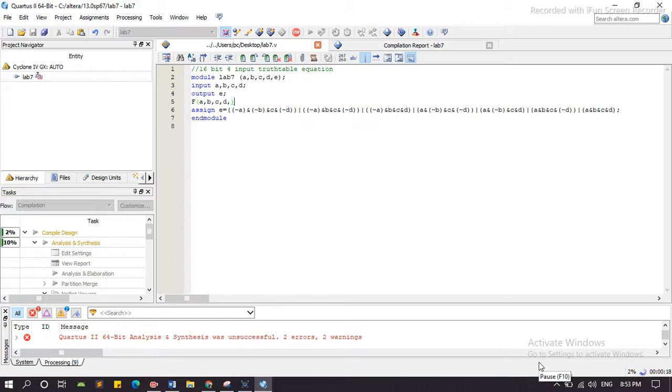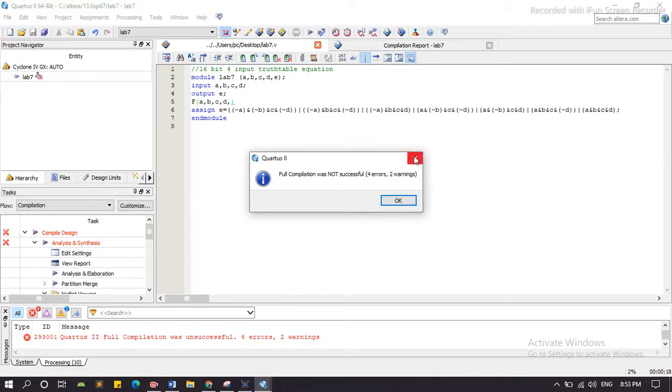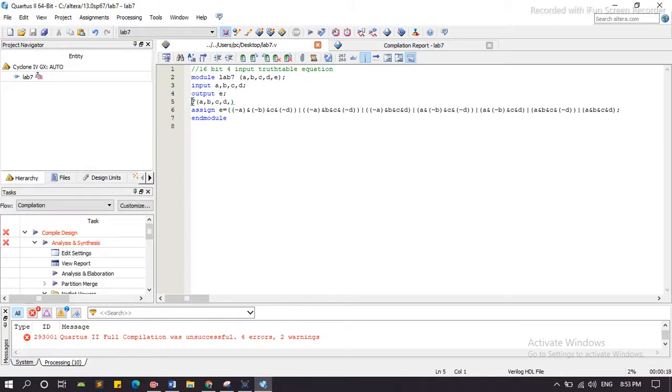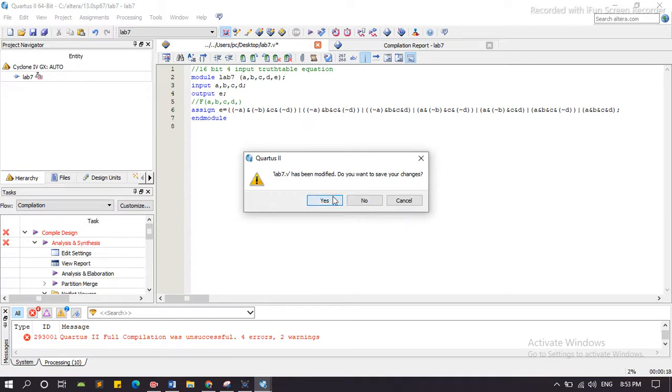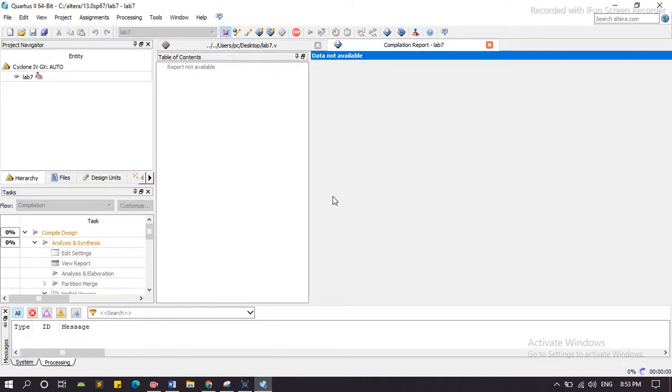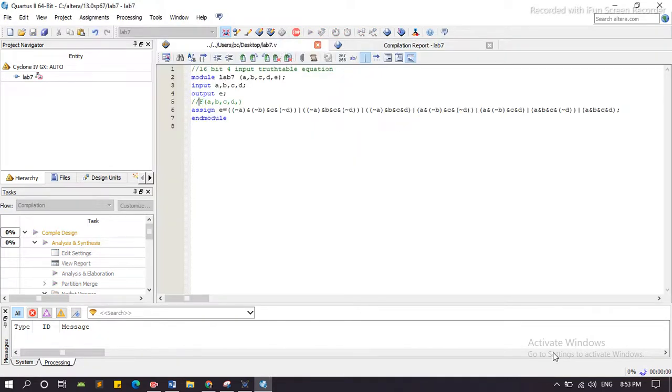Here is some error. We have to declare this in a declaration. Now we run this again. It takes some time to compile.